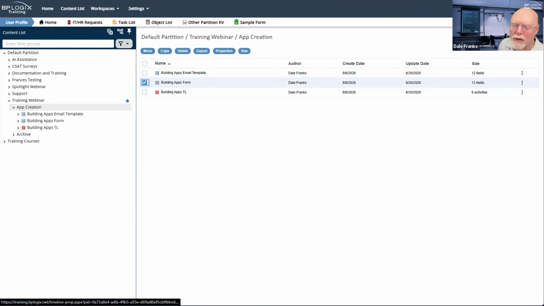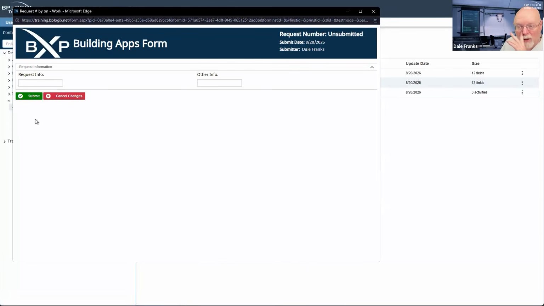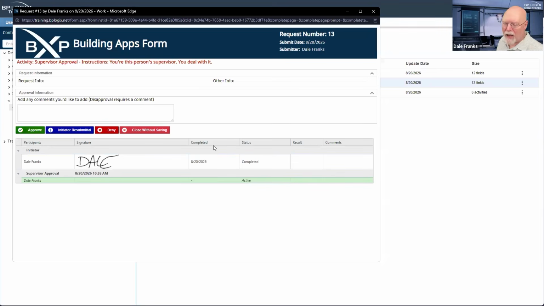So we're going to go with our, and by the way, while we're here, let me delete all of these emails that have come in from our last couple of runs through so that I have an empty email box. And we're going to build our building apps form. So what we're testing is to be sure that I get just the appropriate resubmission comments and only one at a time in my email. So we're going to do a resubmit at both the supervisor level and at the manager level. Then we're going to go take a look and see what our email looks like. And that will probably stop us for today.